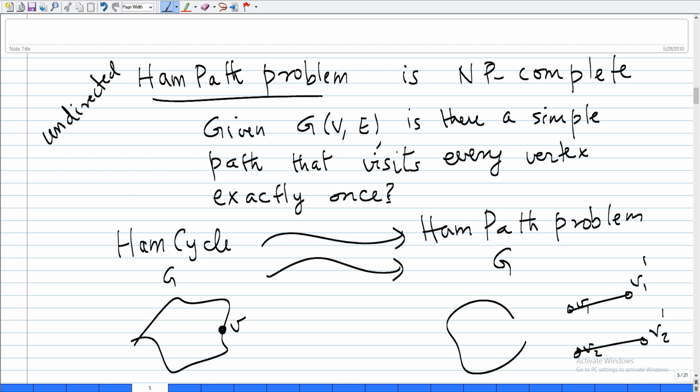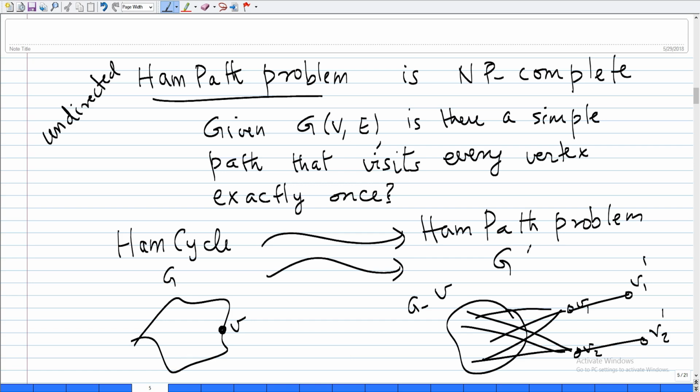So this is my G minus V, right? Because I've deleted V from here and I made 2 copies. And V1 and V2 will be adjacent to whatever V was adjacent to. Now that's my G prime. Is my G prime clear? G prime: I take G, I delete one vertex, make 2 copies of that, add these pendant vertices, and whatever V was adjacent to, V1 and V2 will be adjacent to that. Now my claim is,